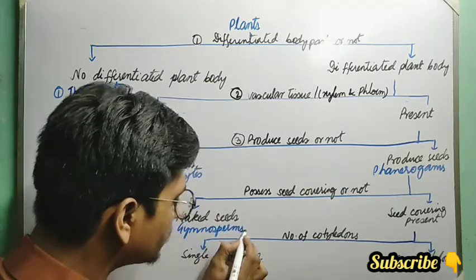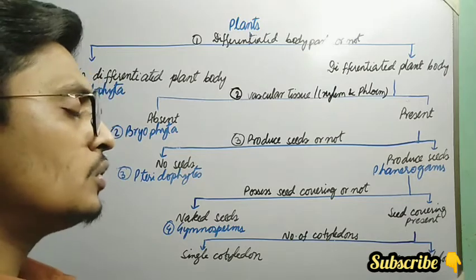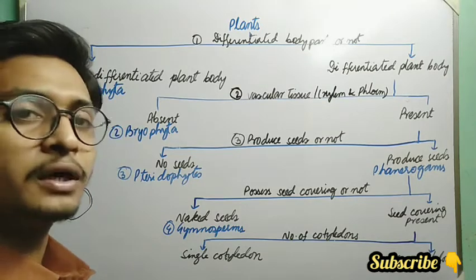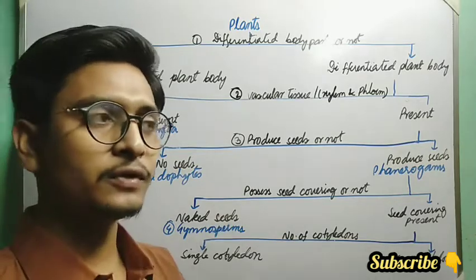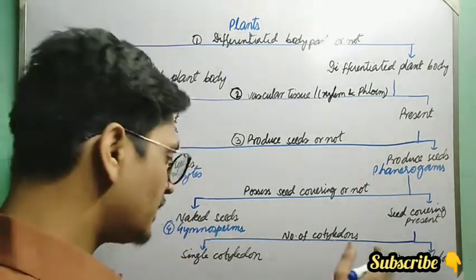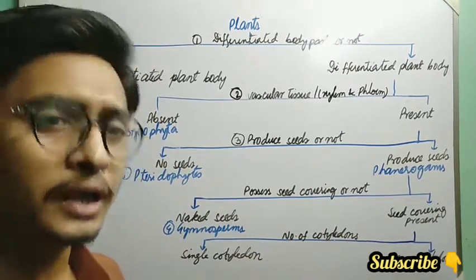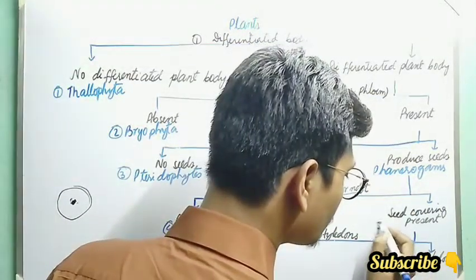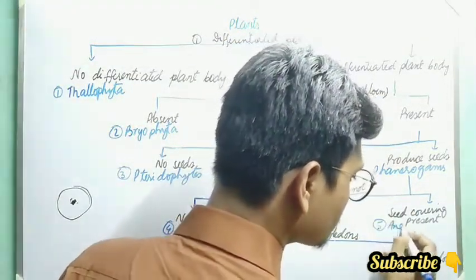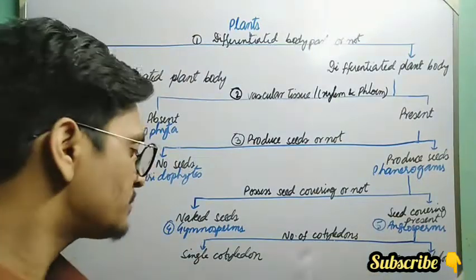So this is the fourth division again, they are said to be gymnosperms. And here those seeds which have a covering or which are enclosed within fruits, which are inside the fruit or have some covering, is again divided into two types, based on the basis of the number of cotyledons. So here the seed covering, we call it angiosperms. Those plants which possess seed covering are said to be angiosperms, and angiosperms are again divided